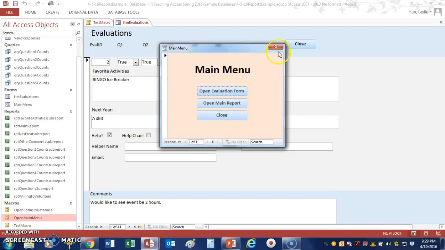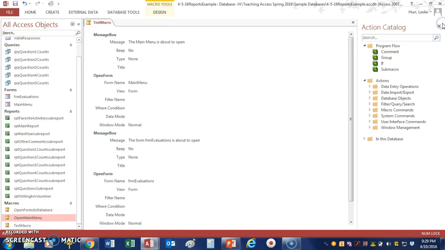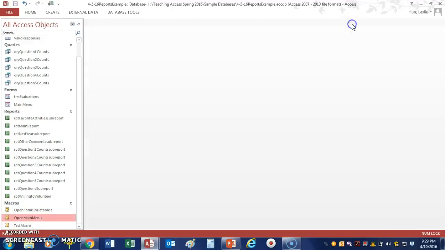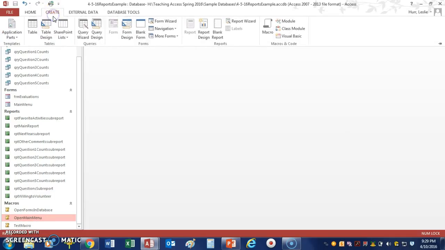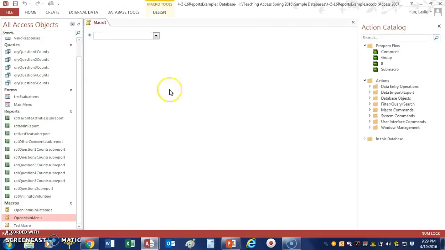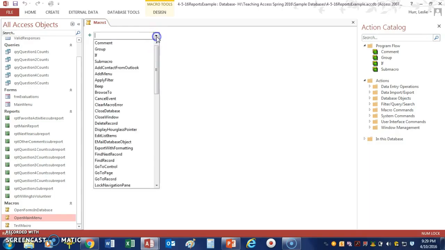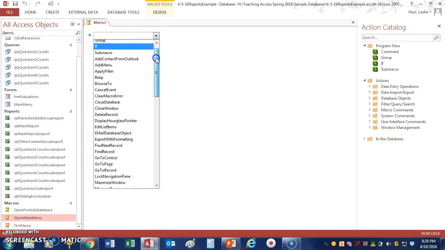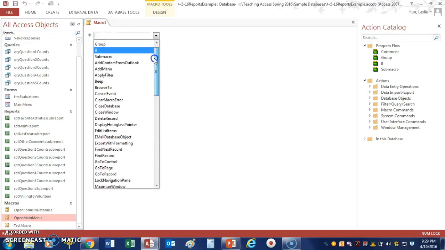So now I'm going to go ahead and close these forms, and I'm going to go back to my test macro, and close that so that I can create a new macro. So I'll click on create and macro. And what I want to say now is that, again, there are lots and lots of different commands in here, and some of them are more basic, like beep, or for example